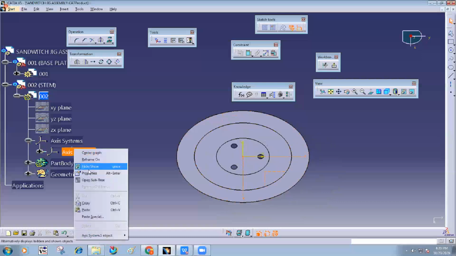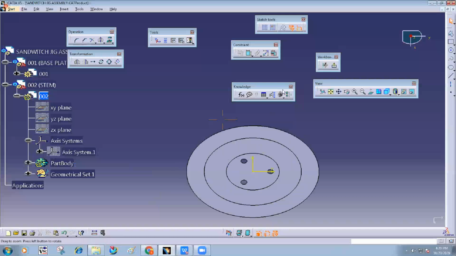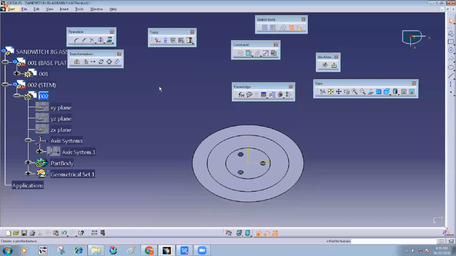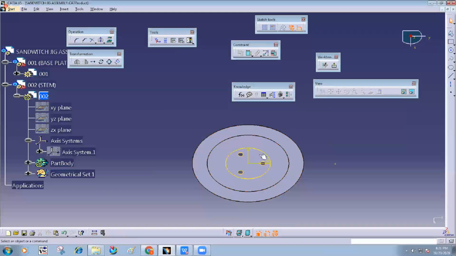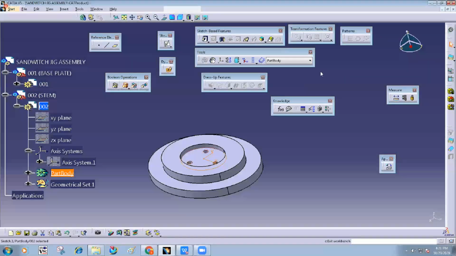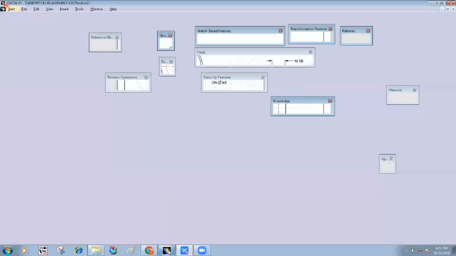Now use this project command. Where is project? Yeah. Use this project command. Click OK. Exit this. That height is how much? Diameter 60, height is 40 from the base. So I use pad.